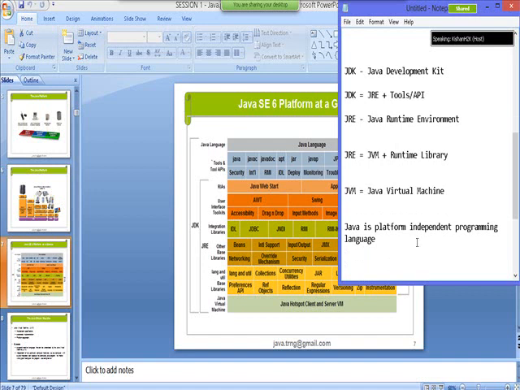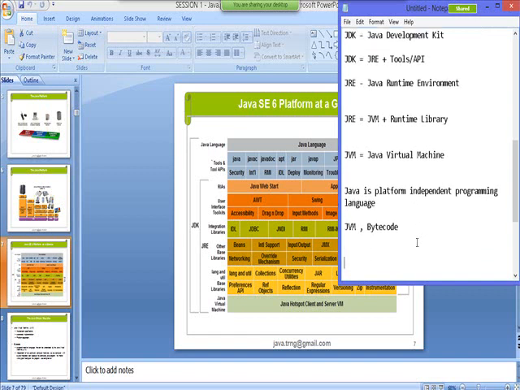So to know that, we have to learn two important things here. One is JVM and the other one is called bytecode. JVM is nothing but a Java virtual machine. Let's assume this is a piece of code. This is a piece of program. Okay. So bytecode is nothing but a